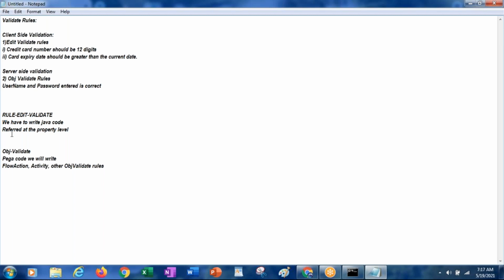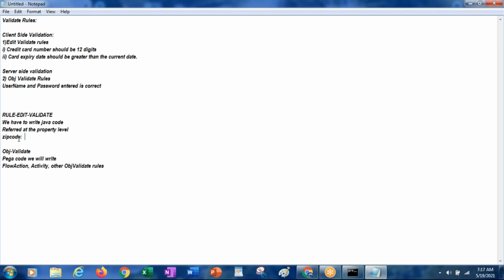Now there is a property called zip code in the address class. By going to that property, under the advanced tab, you will have this option. If you go to that zip code and apply this edit validate rule, wherever you refer to this zip code in your application, maybe just one time, or maybe 10 or 20 times, in 20 sections, what will happen?